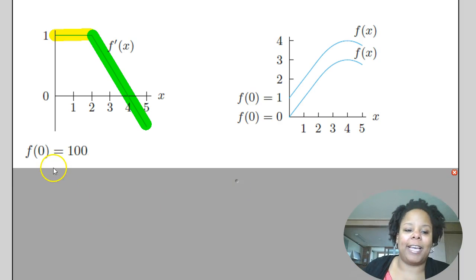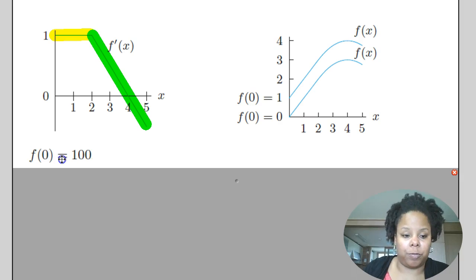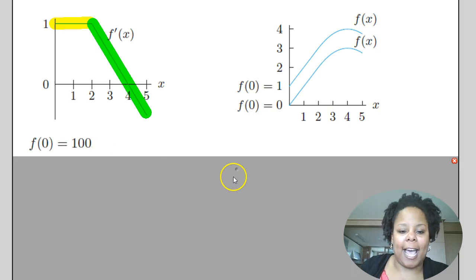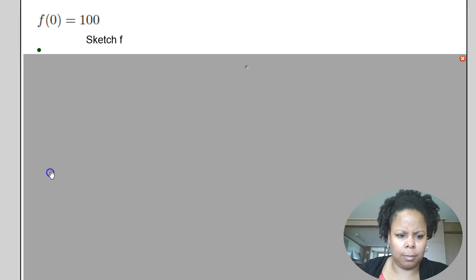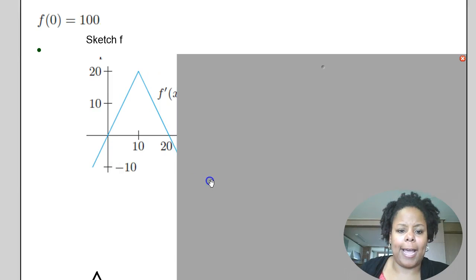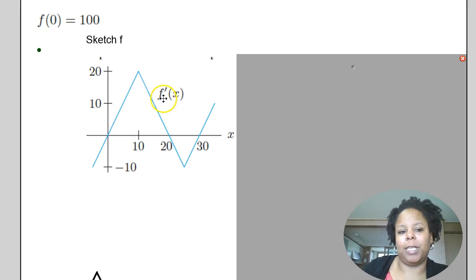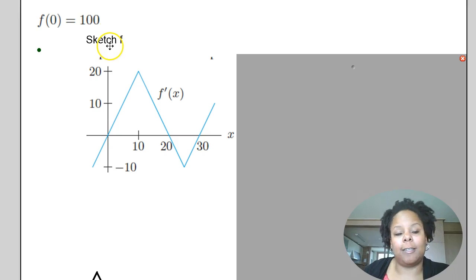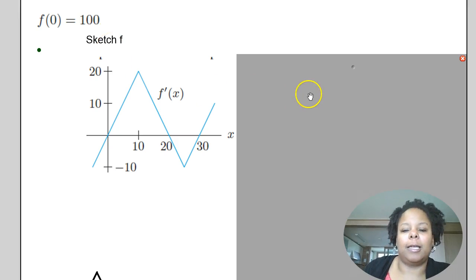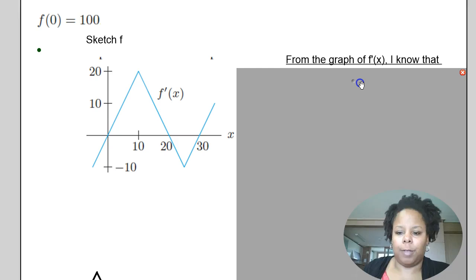Let's say I have one of the values of the original function, and I have the derivative of the function. So now I have a derivative function graph, and I have one function value of the original function. And I want to sketch or get an idea about what the original function looks like. Well, from the derivative graph, I know that